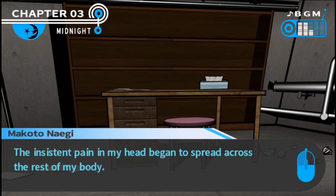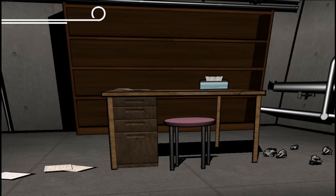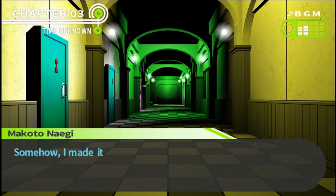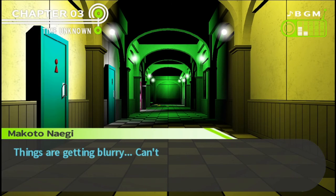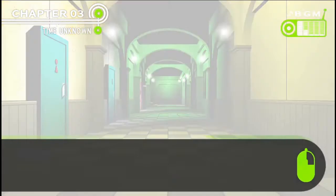The insistent pain in my head began to spread across the rest of my body. I feel it here now. I should go back to my room, get some rest. My body was heavy with pain, my mind heavy with thought. I dragged myself back toward my room. Somehow, I made it back to the first floor of the school. The further I walked, the more I felt. Things are getting blurry. I can't see in front of me. I couldn't stop myself from collapsing right there. And after that...